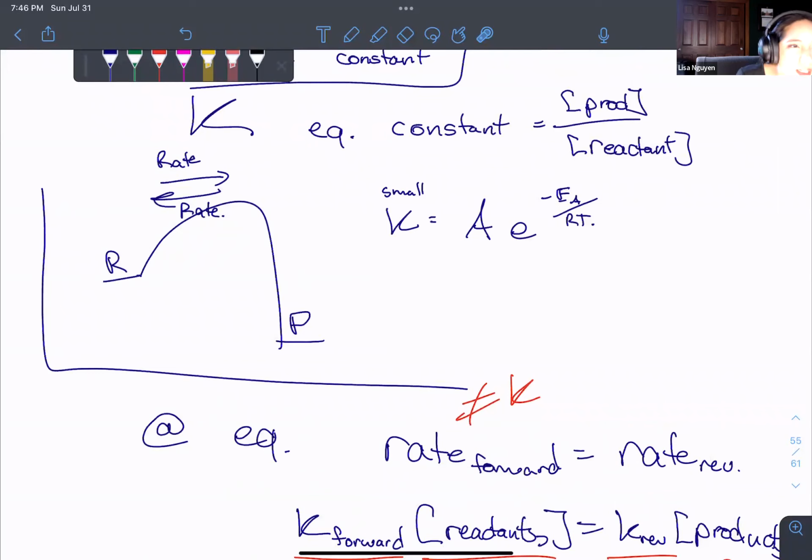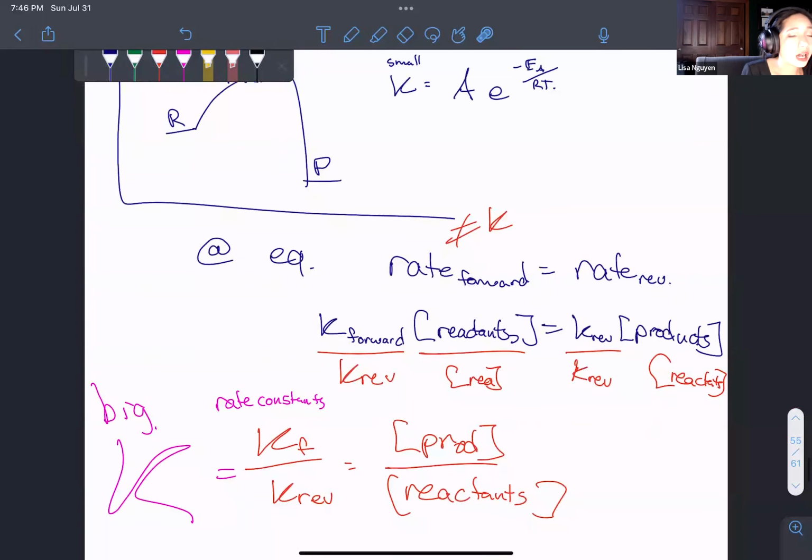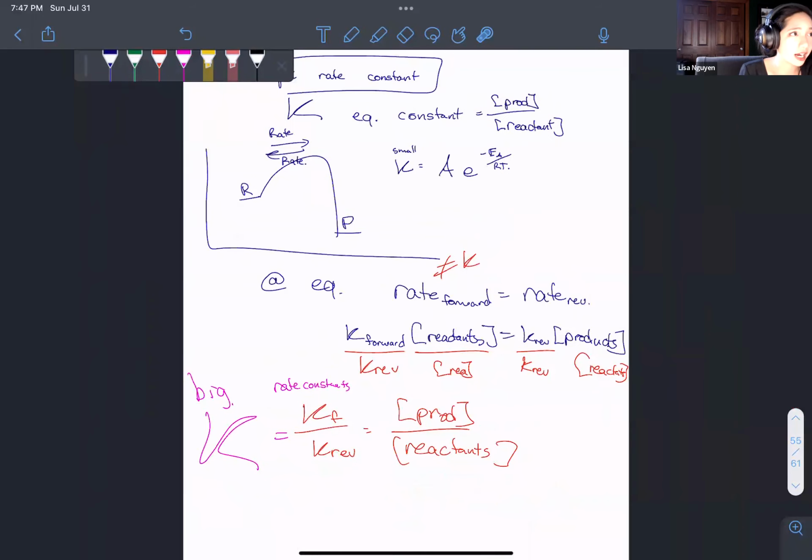Okay, K and big K from chapter 14, writing the expression, does the coefficient become the exponent? So chapter 14 is chemical kinetics. Remember when we came up with rate laws, the coefficient only becomes the exponent if it is an elementary reaction. If I tell you it's an elementary reaction, then the number of reactants there